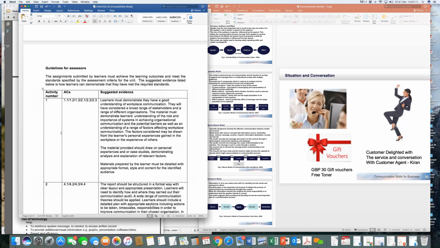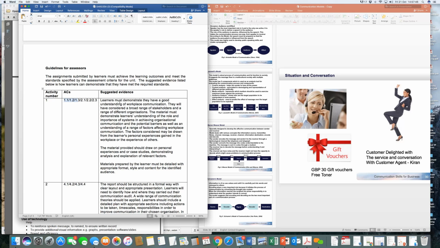Now, if you normally read this as a learner, you will understand what the assessor will actually be looking at when you produce the activity or do the assignment. Okay, so here, if you look at LO1, which is tasks 1.1 to 1.3, in particular, just on that because I've only done part of LO1 today, what we are asking the learners to do is to actually demonstrate that they have a good understanding of workplace